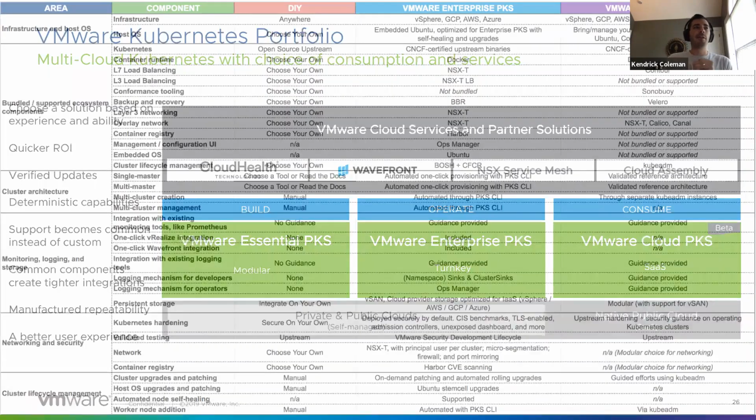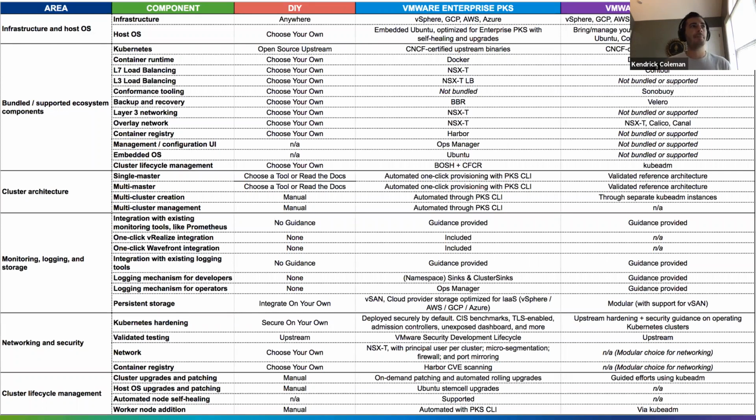Now, there's a lot happening in this slide, but if we compare some of the Kubernetes components and focus areas for a DIY approach versus using one of the PKS offerings, you can see that with DIY you're spending a lot of time figuring out how to build this, and what choices you have: which container registry do I want to use, which network overlay do I want to use, do I have any logging mechanisms built in. Versus when we look at the enterprise and the essential side,